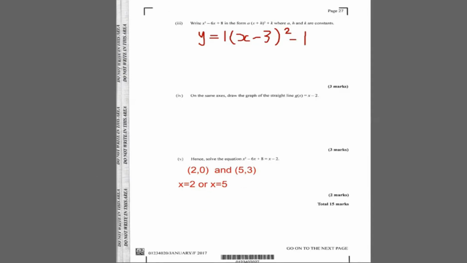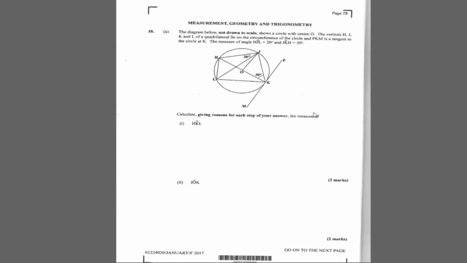Now we finally reach question 10. And question 10 is